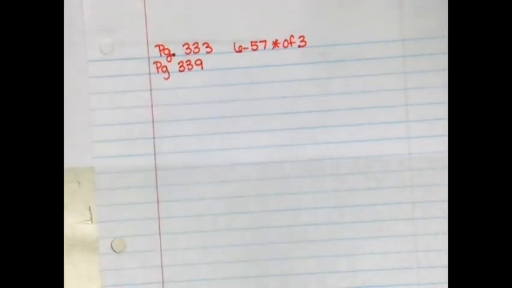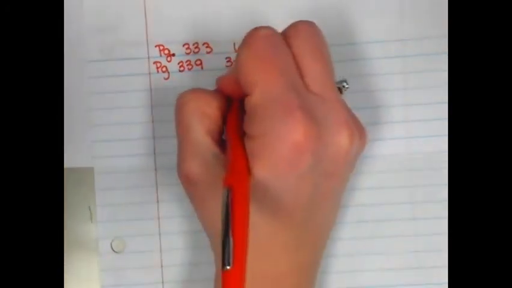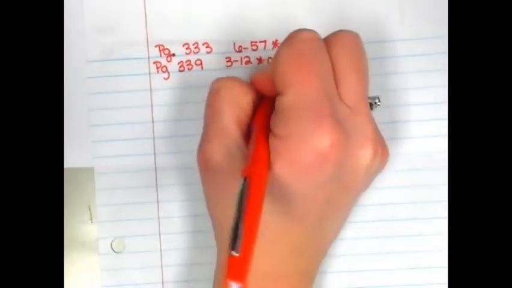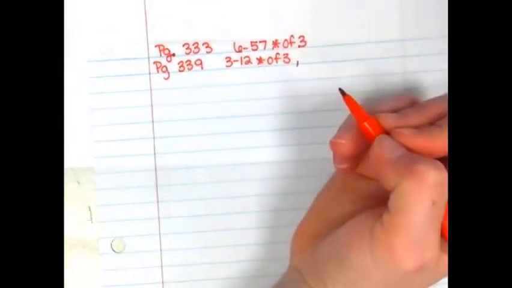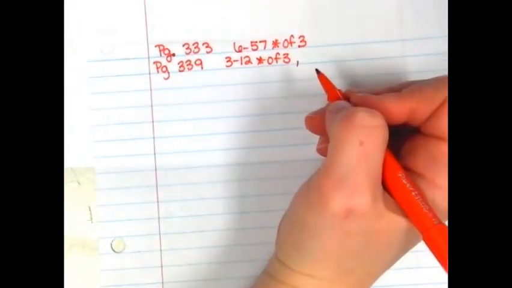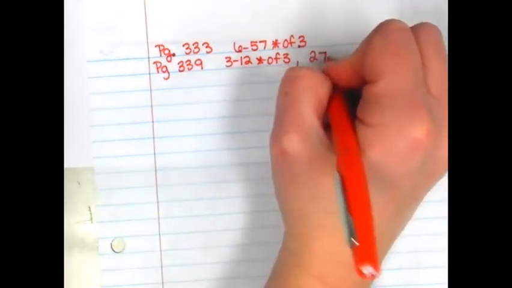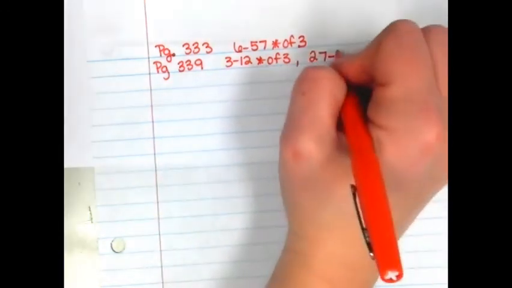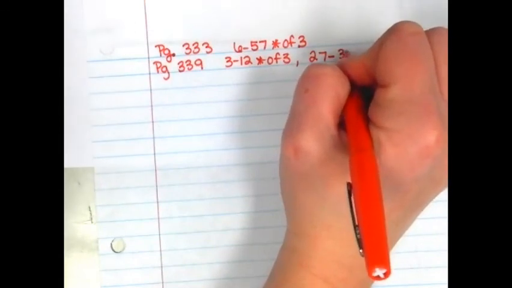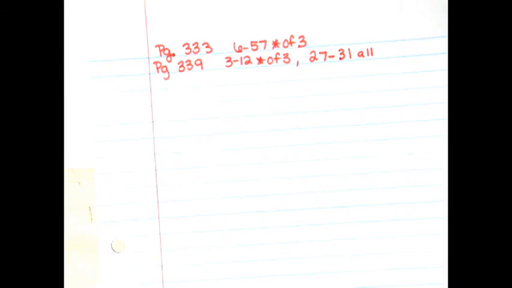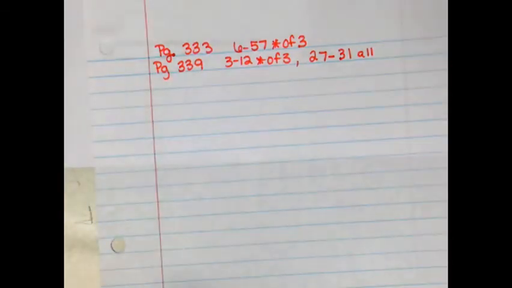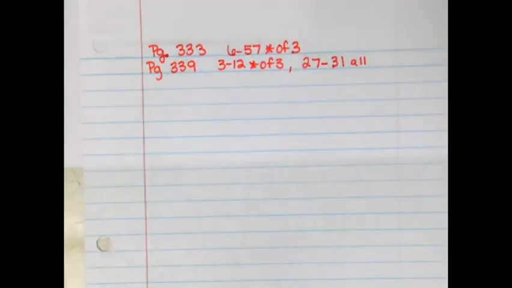I say 3 through 12, multiples of 3. And I want to do 27 through 31. So that's it changed a little bit. So even guys on Canvas, as you're looking at